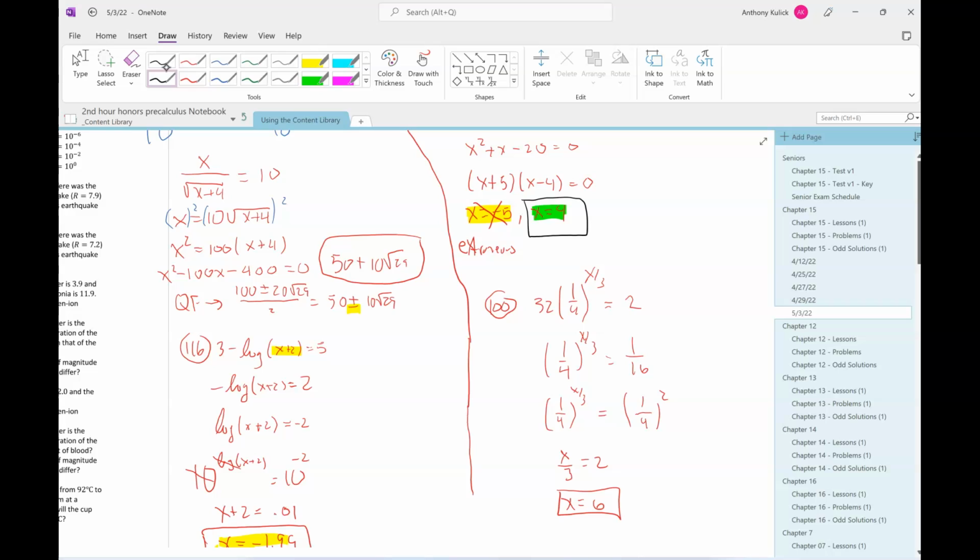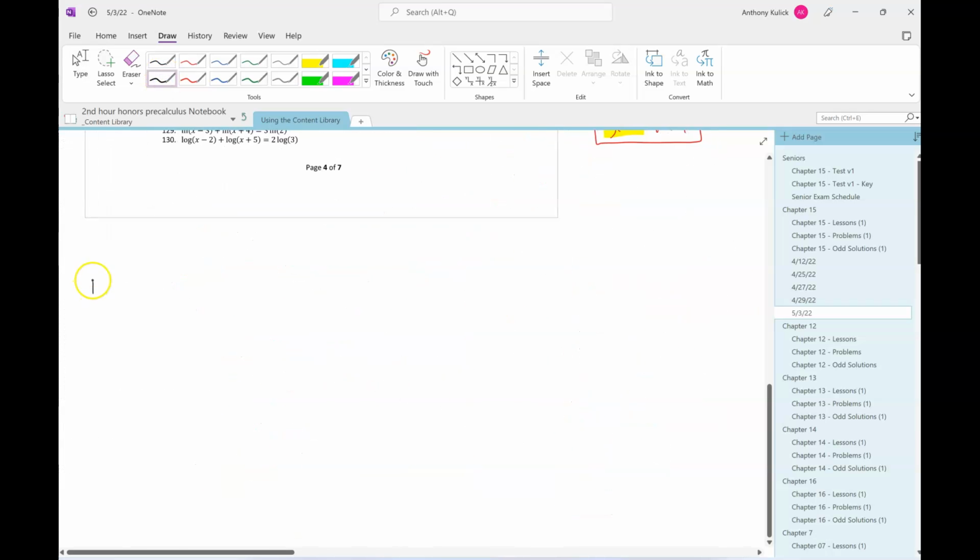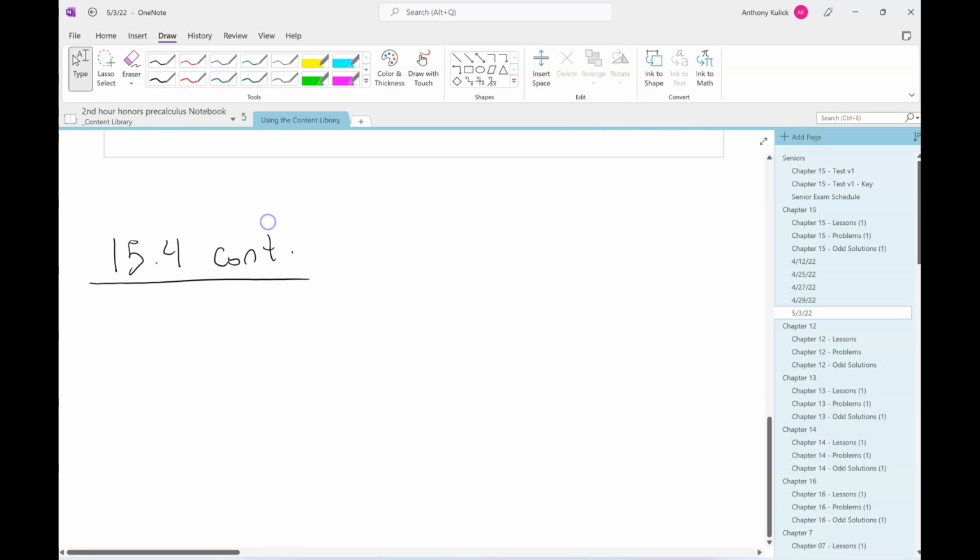Today, we're going to finish up section 15.4. In section 15.4, we've been talking about solving exponential and logarithmic functions. Today, we're going to do some real-world examples of that kind of thing. We're just going to look at some real-life systems that can be described using either exponential or logarithmic functions. So the first